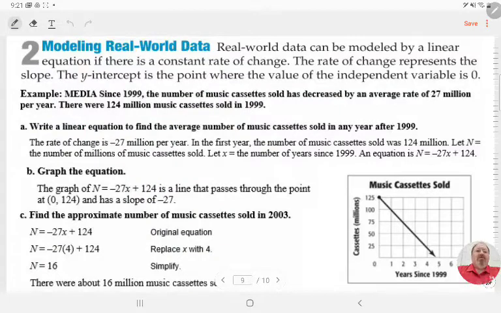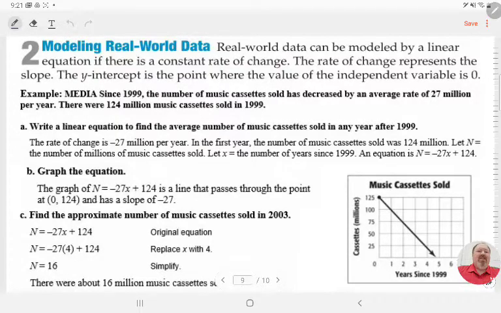All right, so modeling real-world data. Real-world data can be modeled by a linear equation if there is a constant rate of change. The rate of change represents the slope. The y-intercept is the point where the value of the independent variable is 0. So for an example,